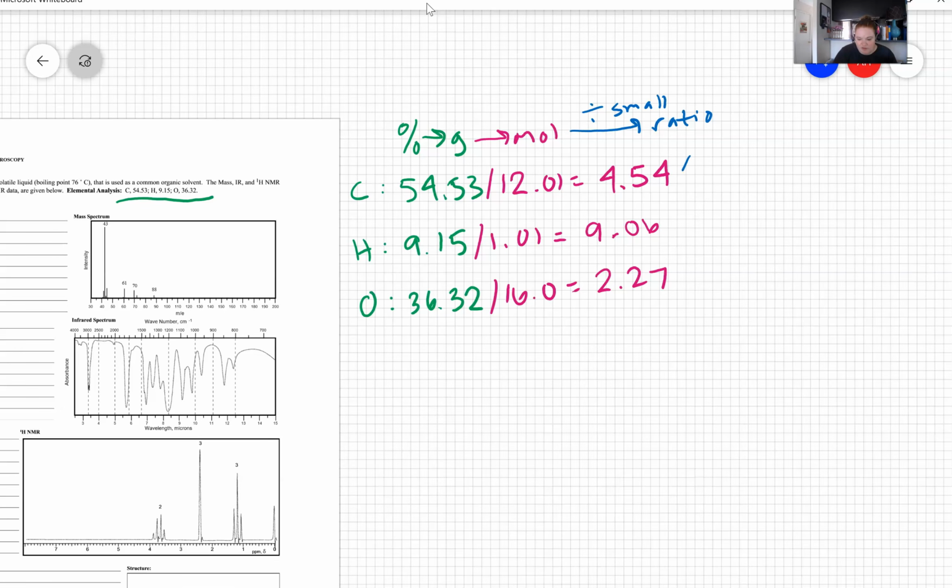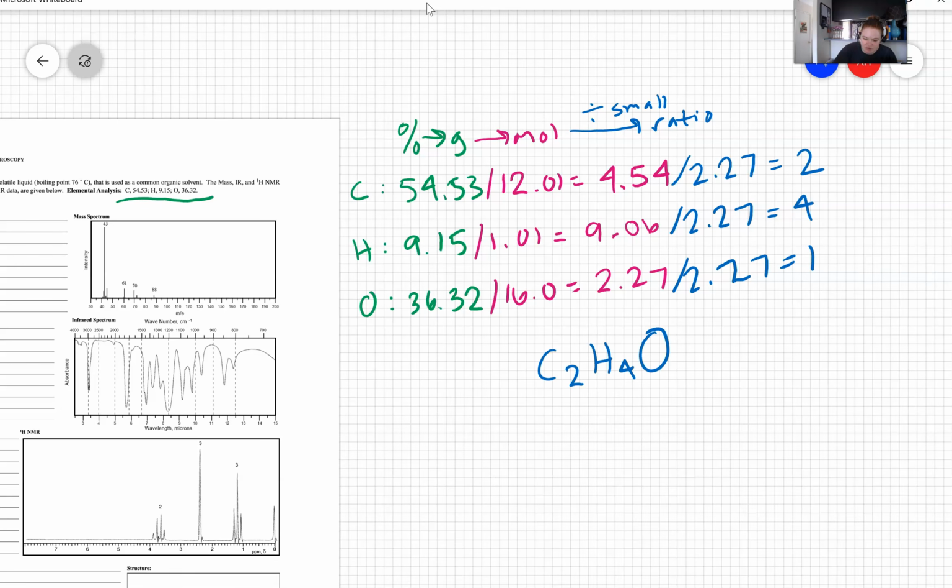The carbon is our smallest. Oh, I'm sorry, oxygen's our smallest. So divided by 2.27, oxygen is 1. Carbon is 2. And for hydrogen, I get 3.99, so I'm going to round that to 4. So what I end up with is C2H4O. This is our empirical formula,